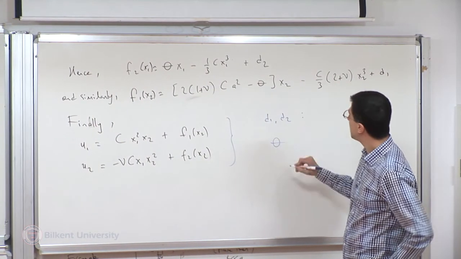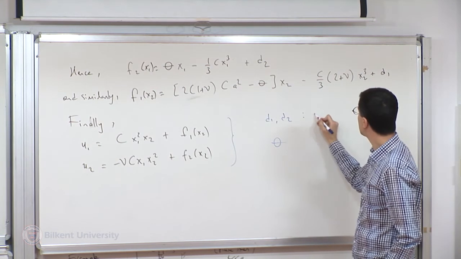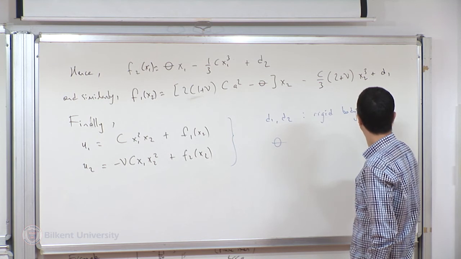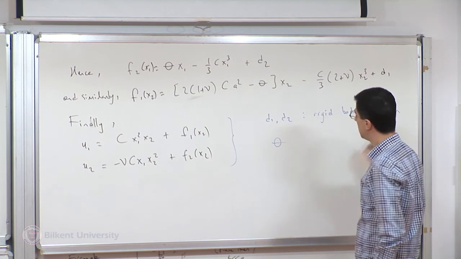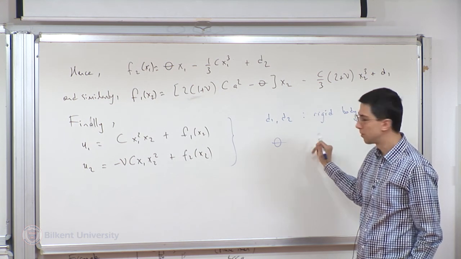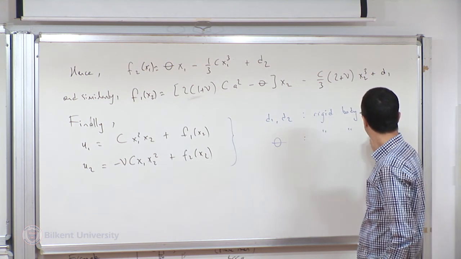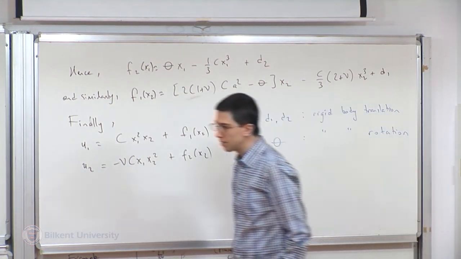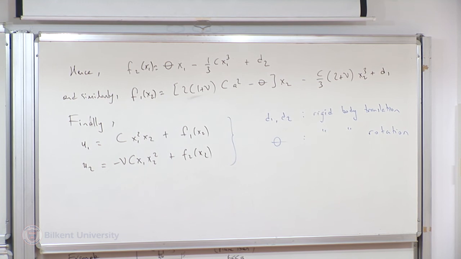So these represent, as you see, rigid body translation. And theta represents rigid body rotation. Okay. And it represents rigid body rotation because